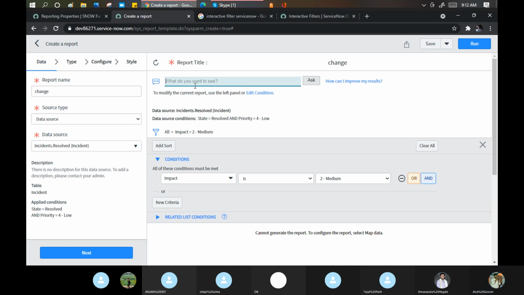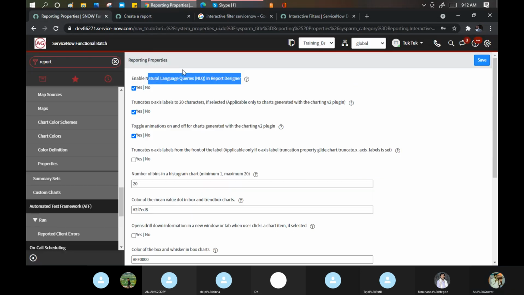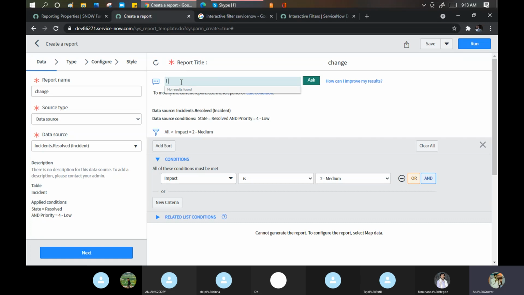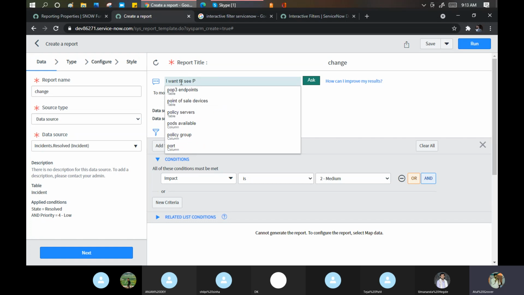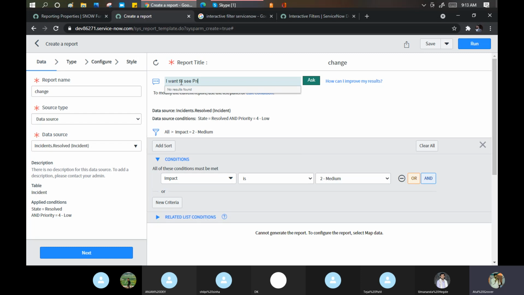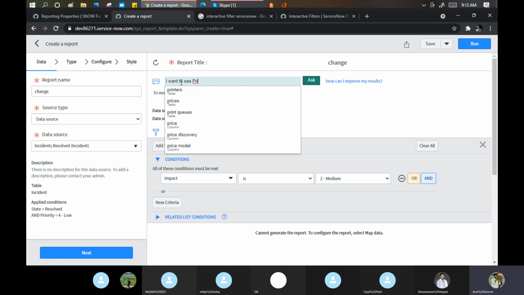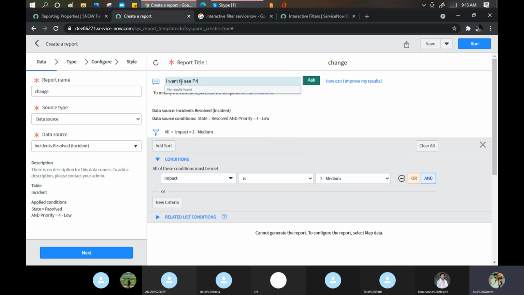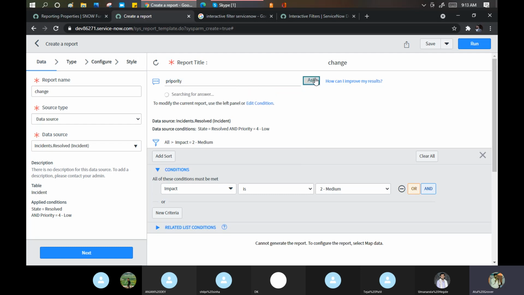Ask. This is the natural language. Enable natural language query. If you want to see, I want to see priority. Ask.